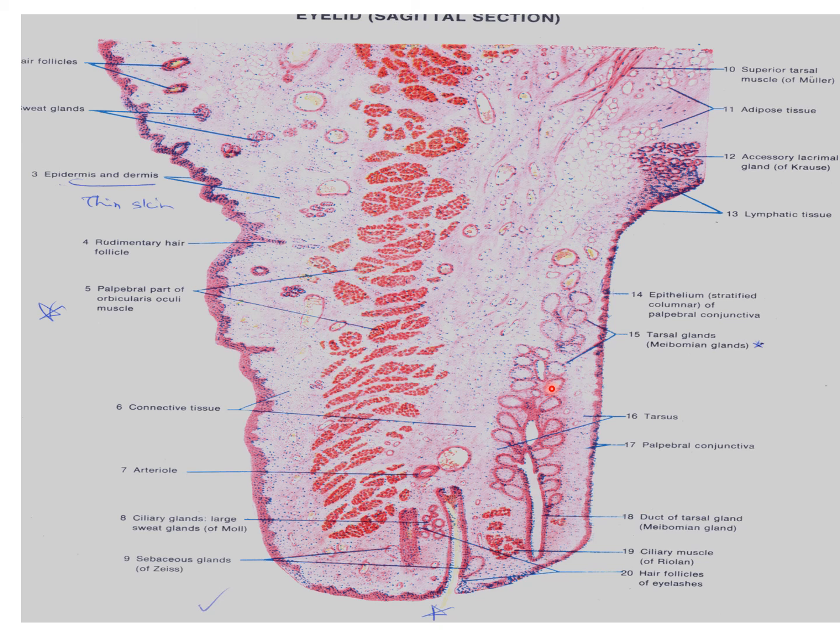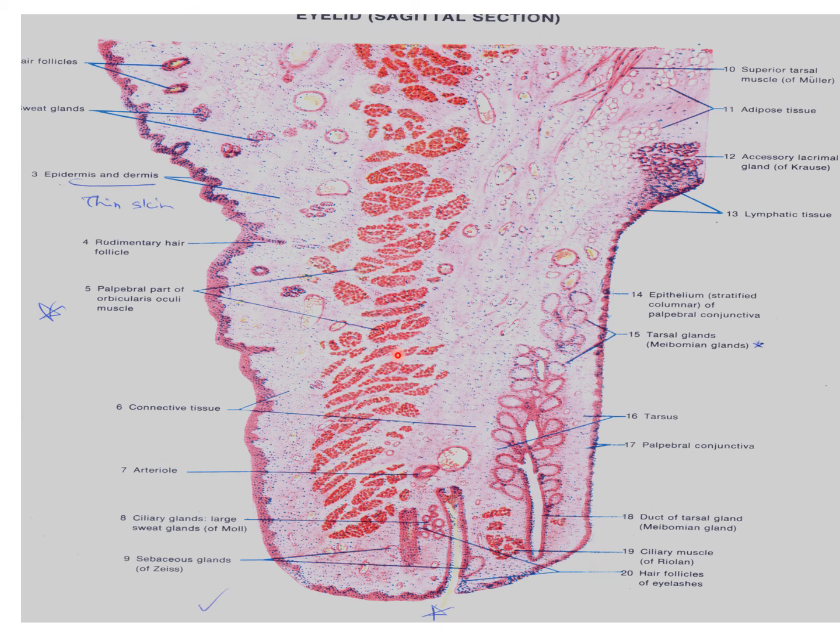Eyelids are two movable skin folds that protect the eye from injury and keep the cornea clear and moist. The basic structure of the eyelid: anteriorly, there is a layer of true skin or thin skin, with a few small hairs and sweat glands. Deep to the skin, there is a layer of delicate connective tissue that normally does not contain fat. Considerable thickness of the eyelid is formed by the fasciculi of the palpebral part of the orbicularis oculi muscle. These are the skeletal muscles; this middle part is the orbicularis oculi muscle.